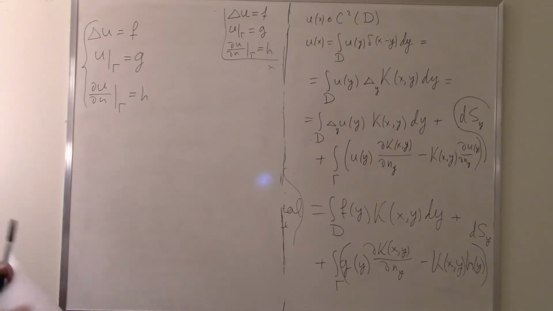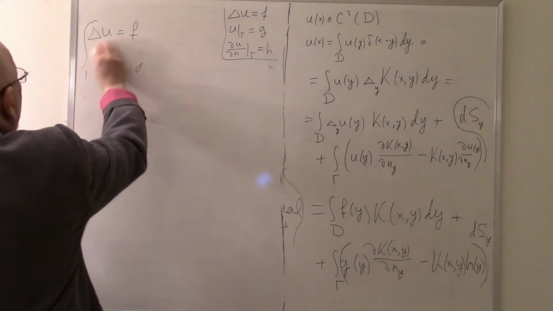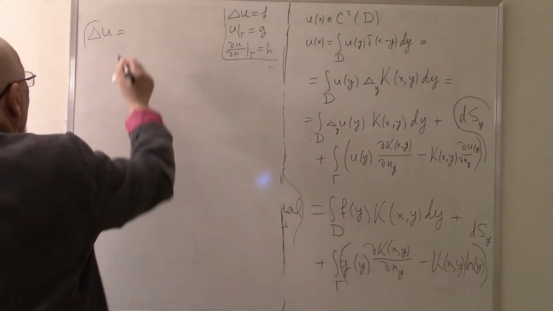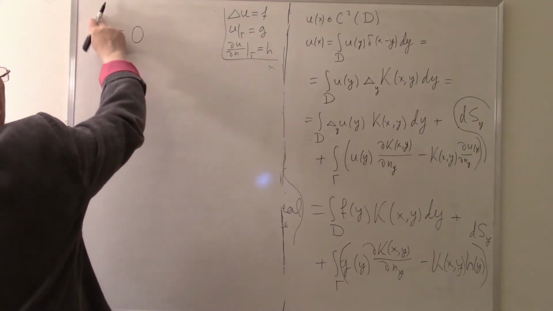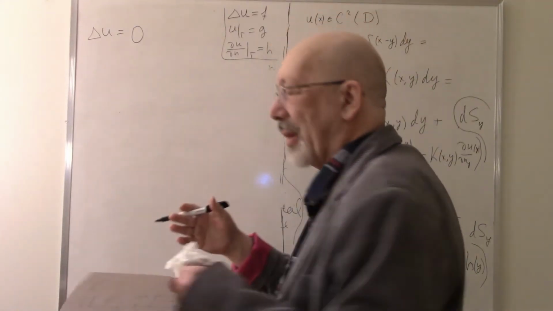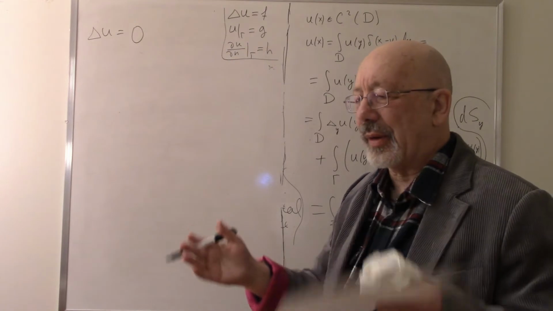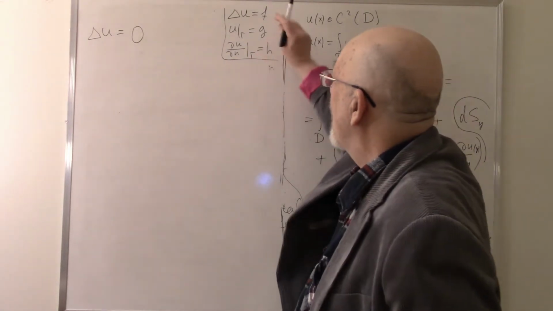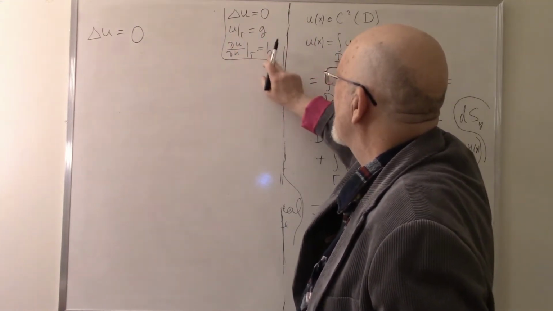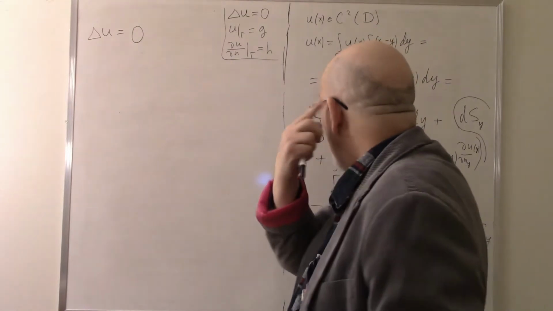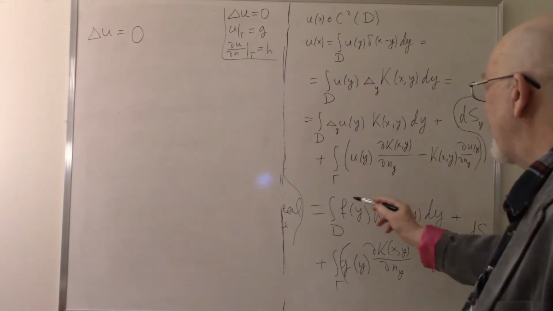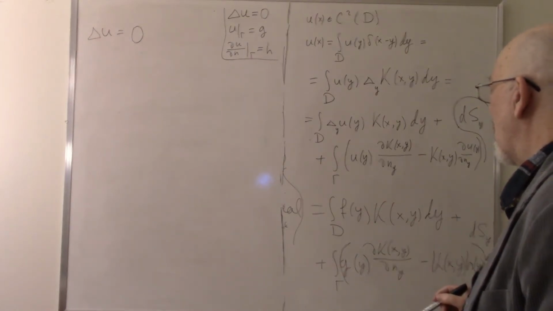Suppose we have the following thing: delta u equals 0. Suppose that the Laplacian of u is 0. So what happens? This is a harmonic function. It has some values, it has some value on the boundary, and its normal derivative has some value on the boundary. So if you substitute it in this formula, then f is 0, so this term goes, and you have